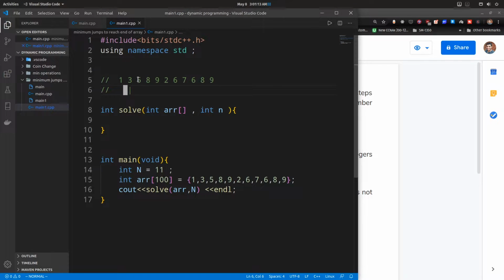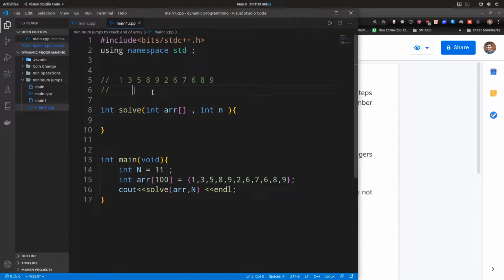Alright, the goal is to reach the last element in the array starting from the first position. Every time you take a jump, you can go a maximum of that many steps as is indicated by the array element value. From the first element you can take a maximum of only one step, and from 3 you can take a maximum of 3 steps.